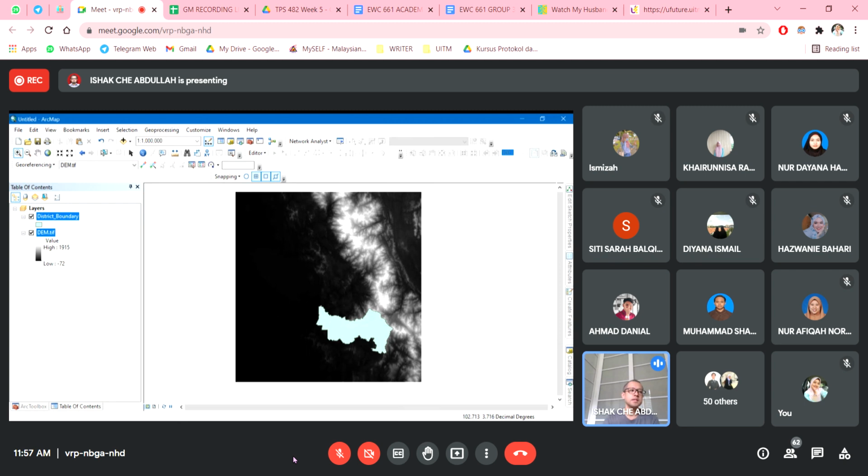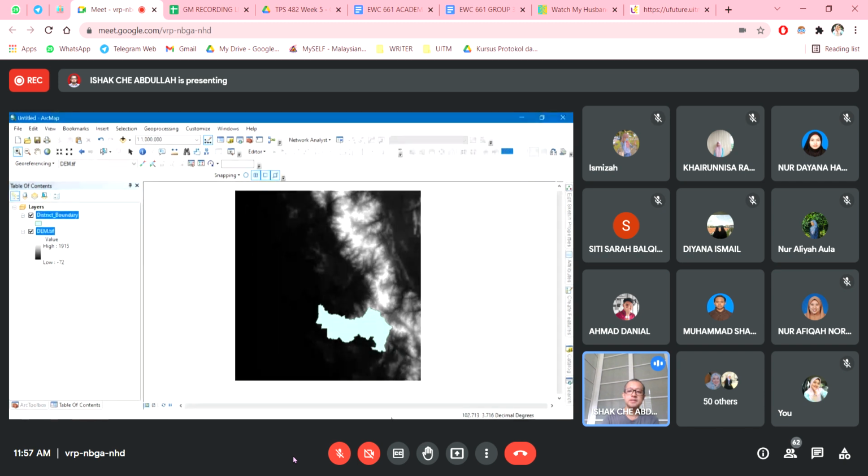Maksudnya you, bila saya ulang sesuatu perkara tu berulang-ulang kali, dia bukannya sebab saya nak ulang tu benda banyak kali. Bila saya ulang banyak kali is actually a signal. Satu signal kepada everyone here bahawa itu adalah perkara penting. So kena take note lah. So bila saya ulang banyak kali, so please take note. So jadi